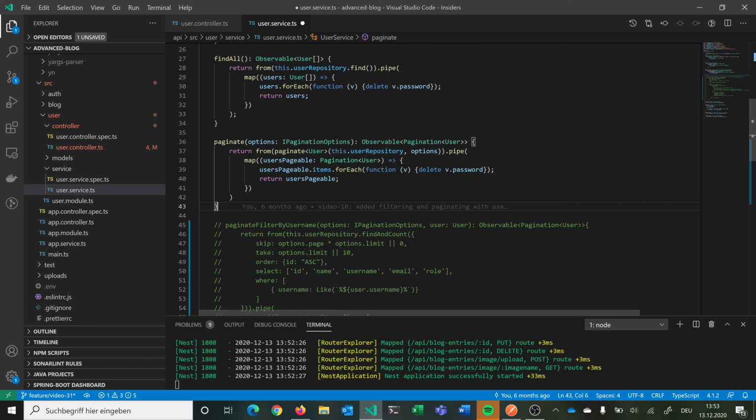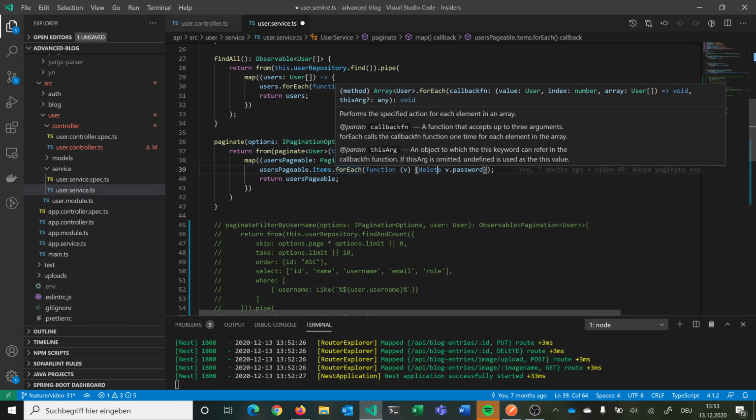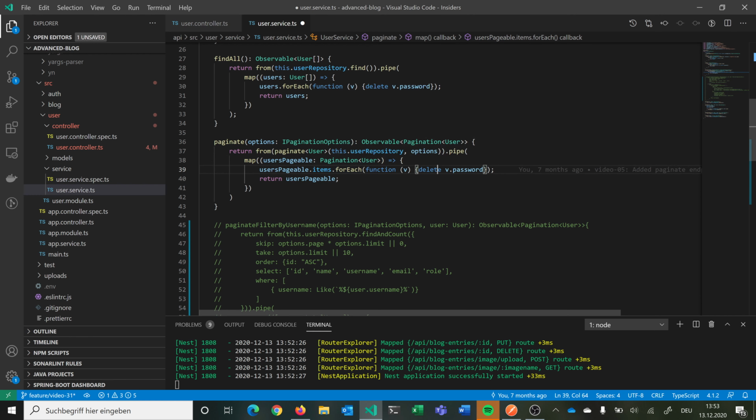So we have here the pagination, and at the moment we are deleting from every item. So here with that we are querying for the pagination object, so by page and by size or by limit. And then the user's pageable that we get in return, we remove from every item the password property, but actually we can shorten this here. So we can remove this